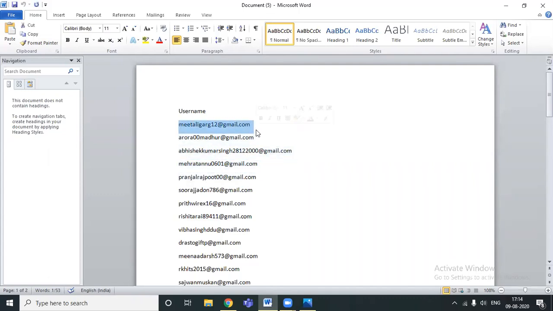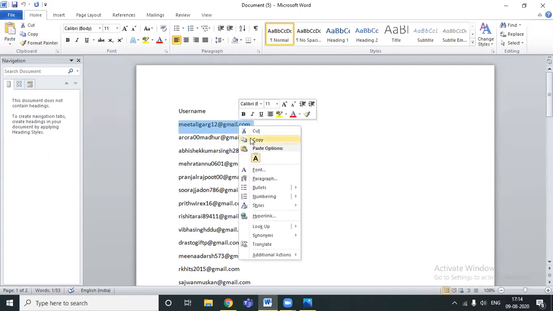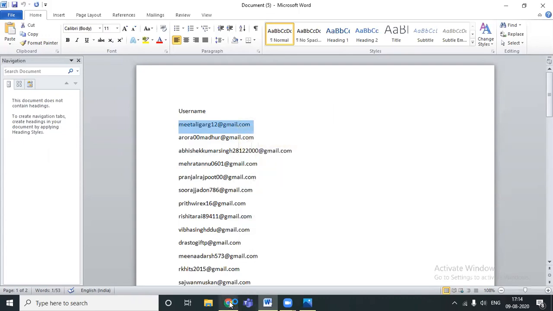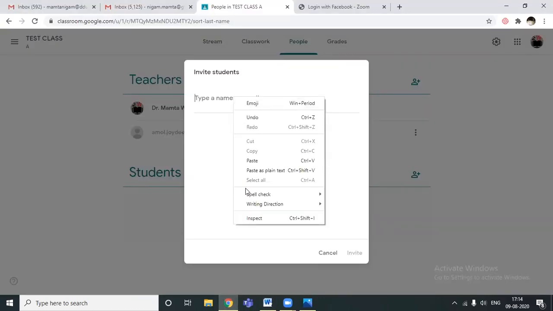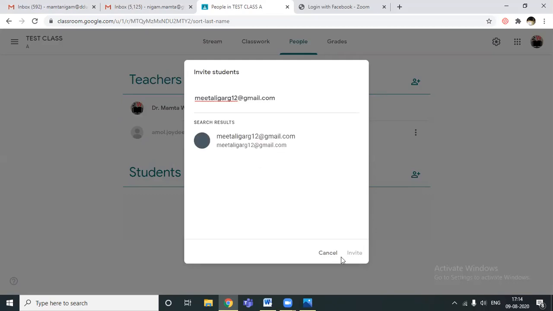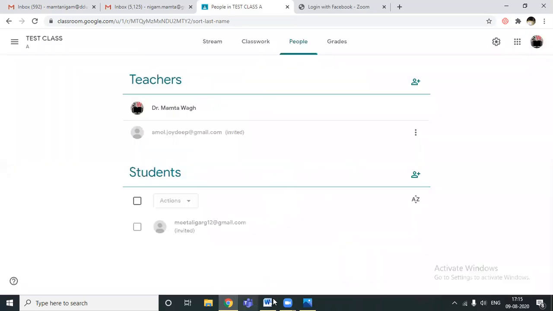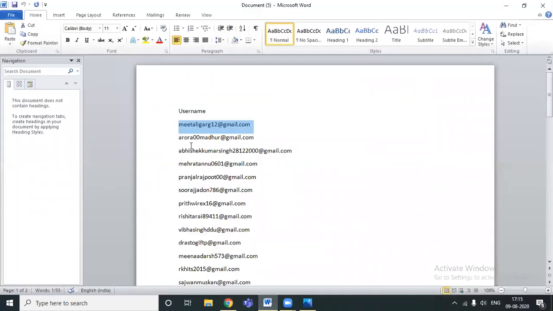Let me show you: select one email ID, copy it, then go back here and paste that email ID, and then click on invite. An invitation will be sent to that particular student. So it's inviting.